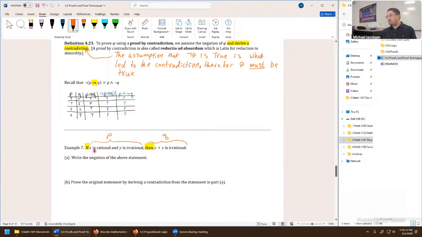We're going to assume x is rational, y is rational, and logically, x plus y, remember we're negating it, is rational as well. So that's going to be our proof technique on this one. The negation is, if x, I'll say it's just using our set notation. If x is rational means x is in Q,